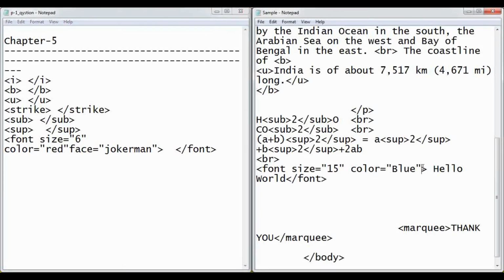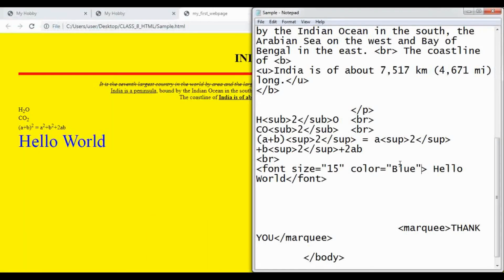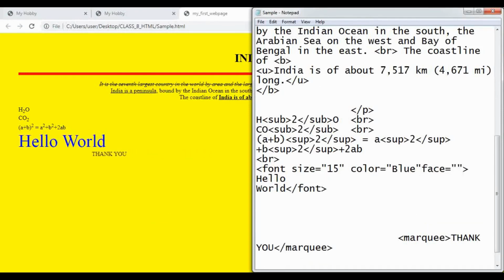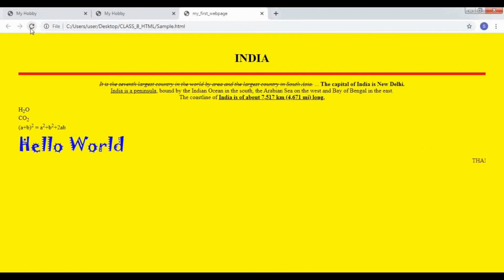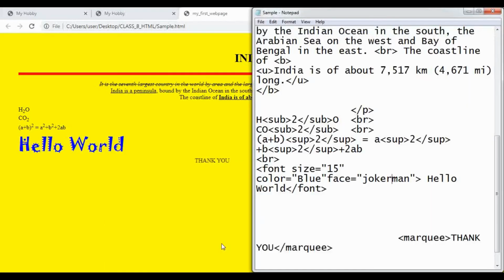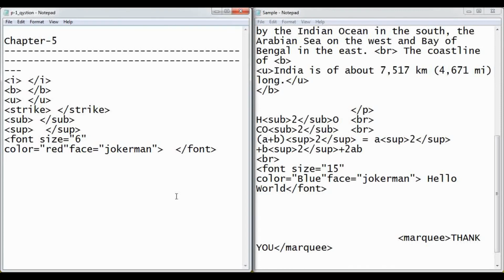I will apply the same on my program, face is equal to Jokerman, save it. See here, my font got changed. This is how you can change the face, that is the writing style of the font. You can change the size of the font and you can change the color of the font. This is about the font tag of your web page.